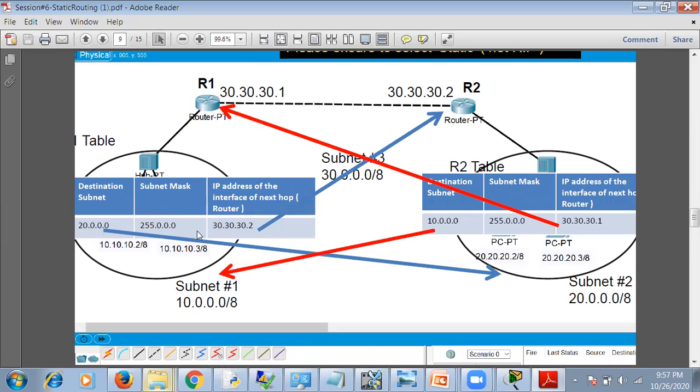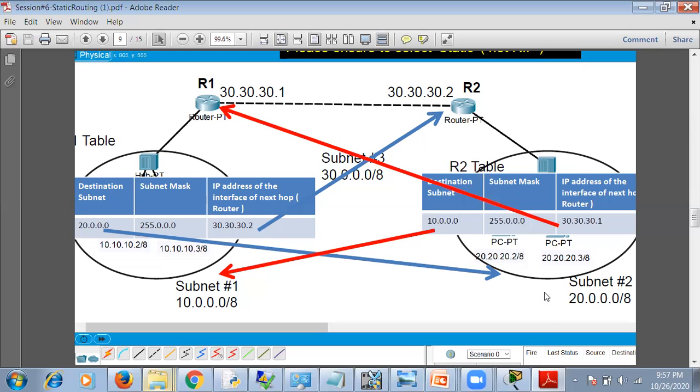So this is how the table has to be created in each router. Suppose you want to send a message to LAN 2, that is 20.0.0.0. This is the network address. And we'll have the mask, because it's a class A mask, so it is only 255 and the other parts are 0. So to reach this network ID, we have to go through the R2 router. So this address has to be placed here. And this table is maintained in R1.